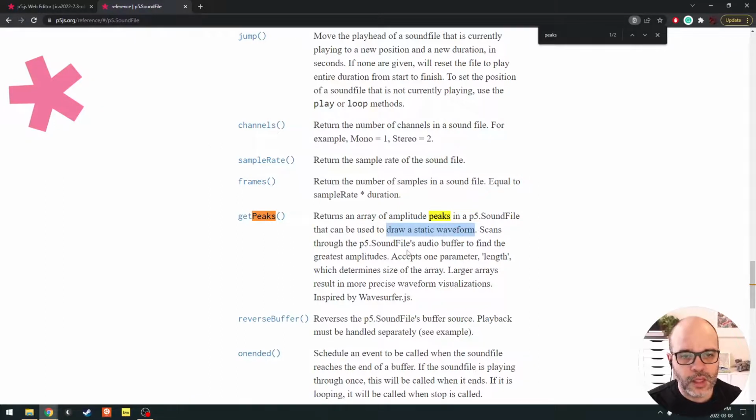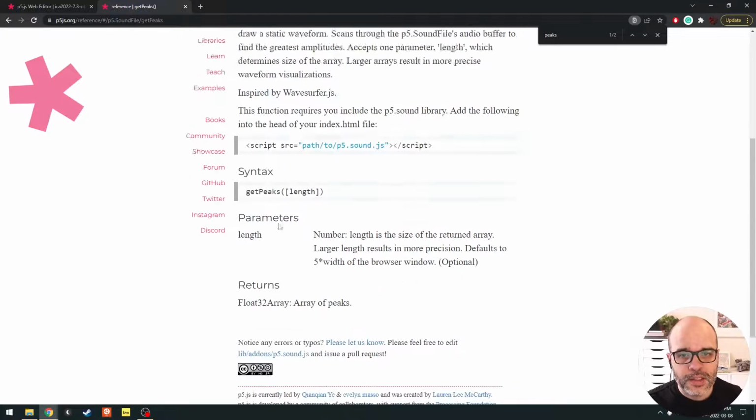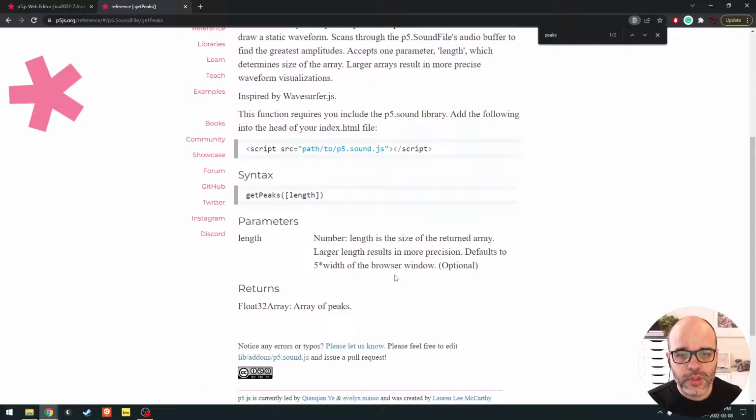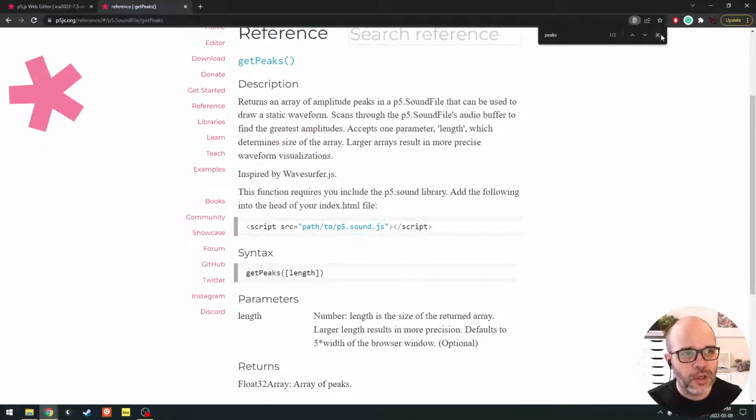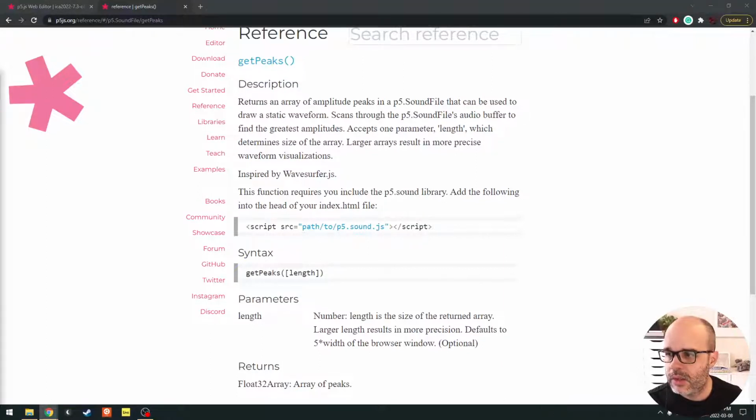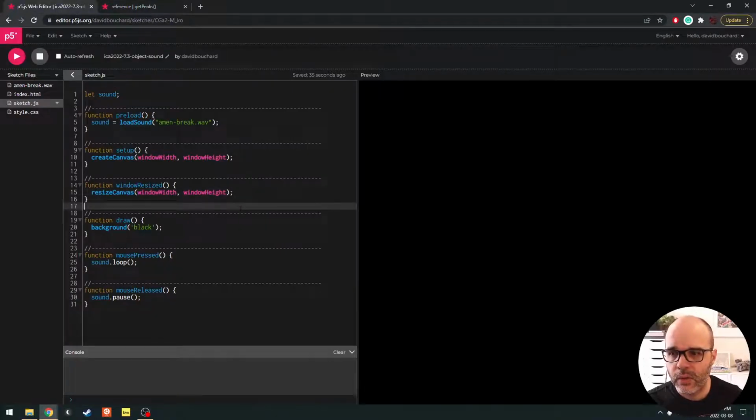Okay, so it's going to scan through the buffer and give us all these amplitude peaks. Okay, and these amplitude peaks are numbers. It doesn't say so here in the documentation, which is a bit of an oversight, but they are simply numbers, amplitude values that are between 0 and 1. Okay, so